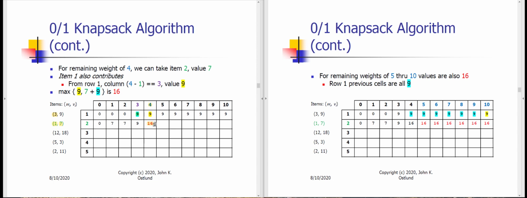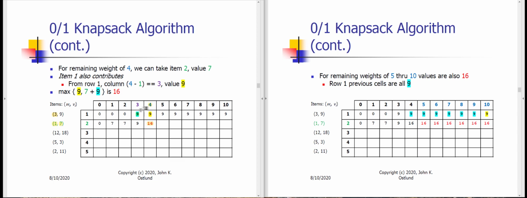And at this point, now that we've used both item 1 and item 2 to give us a value of 16, starting from the place where we have 4 units of available space in our knapsack, that value of 16 is going to continue up through if we have an entirely empty knapsack that is able to contain 10 items of weight. All right, because in each case,